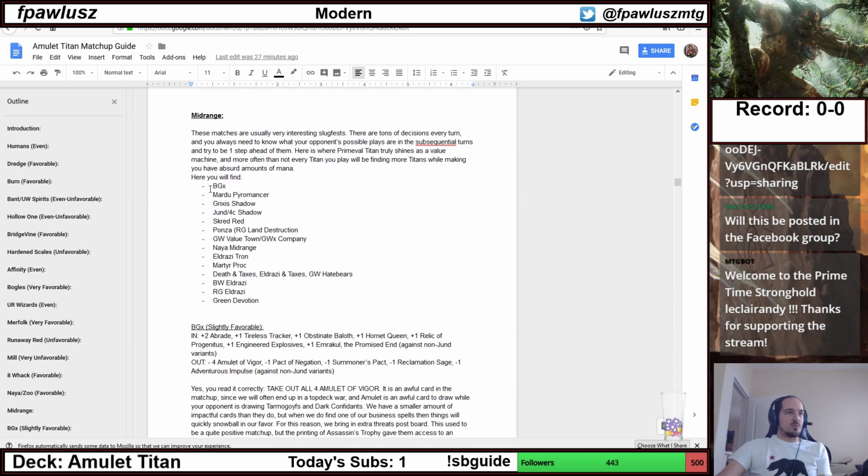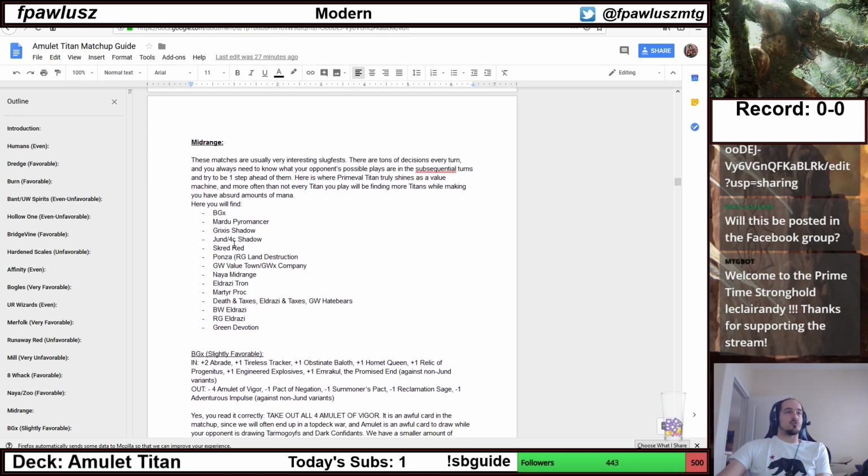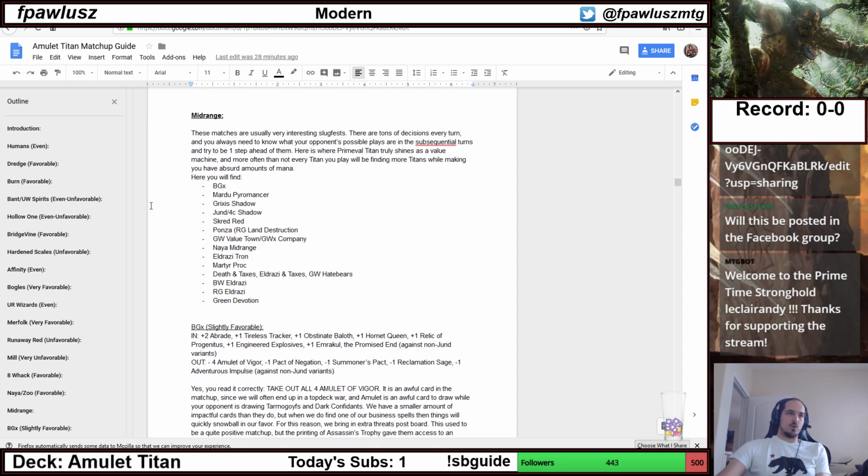So here we're going to the mid-range decks. I listed all of what I consider to be mid-range decks. Note that you won't find Tron here, because I think Tron is actually a control deck. So you will find Tron in the control